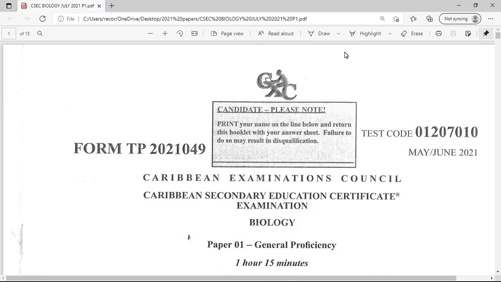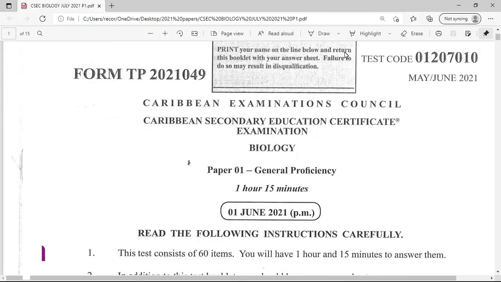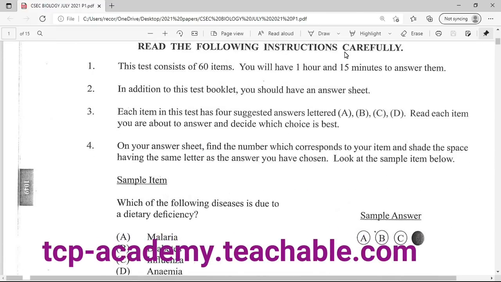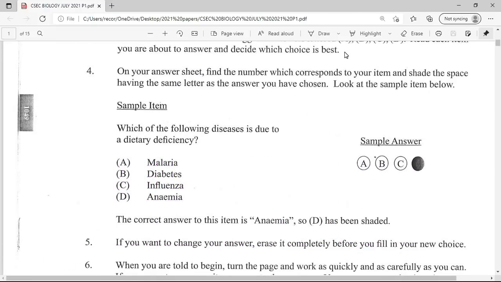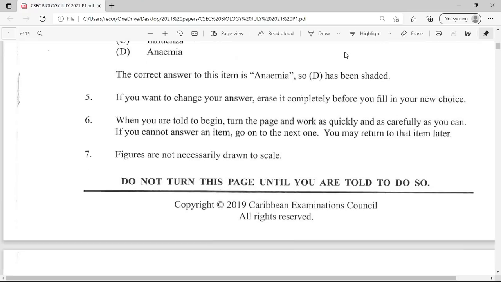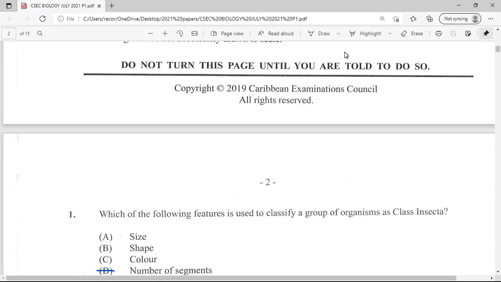Looking at the May/June, or one might say the July 2021 biology multiple choice paper. That is the most recent multiple choice paper we're going to be going through. Paper 1, you'll see, and these are the instructions for persons who are new to past papers. I usually recommend that students do past papers like an athlete practices on a track. So students are supposed to practice on past papers, make sure that they are getting ready for the exam